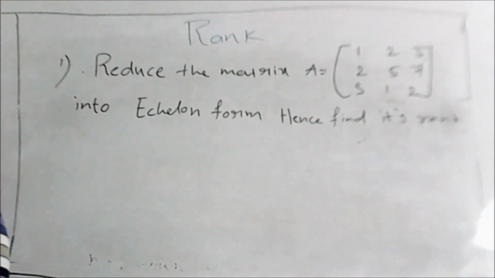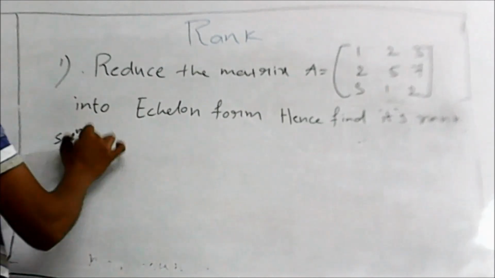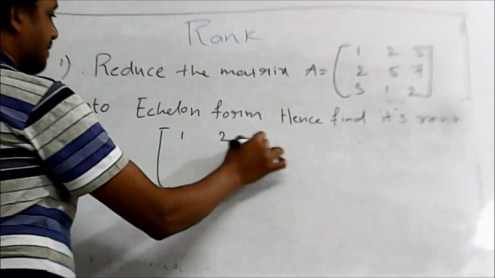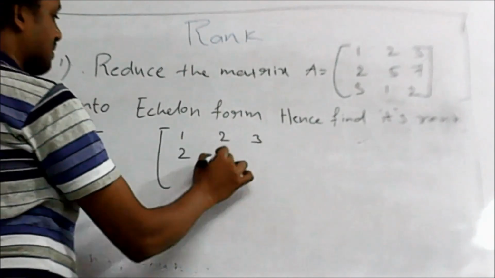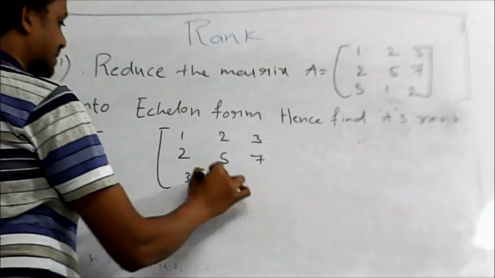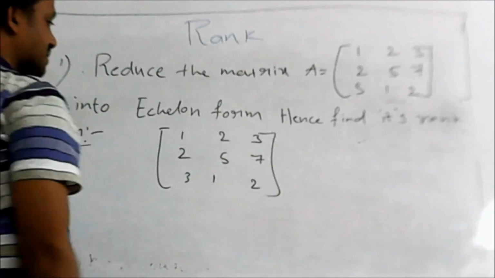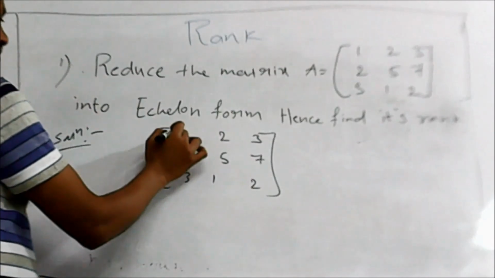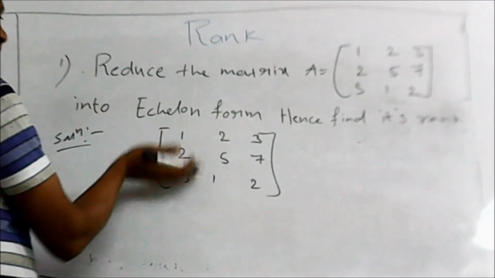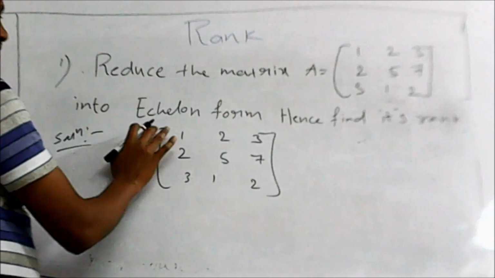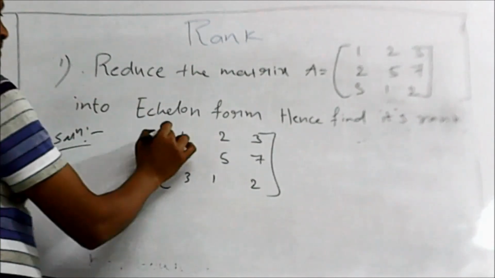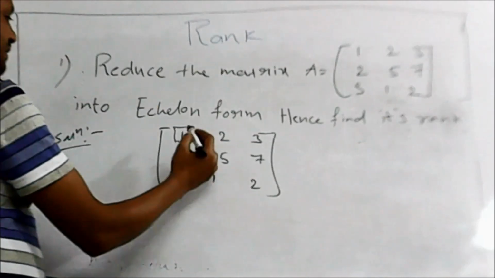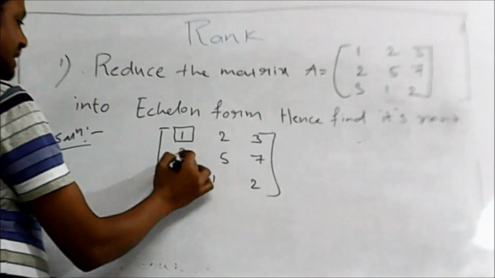Okay, so solution. From the given matrix, we need to write it once: A is equal to 1, 2, 3, 2, 5, 7, 3, 1, 2. So the first step is you need to identify the first diagonal. Is it 1? If it is not 1, you can interchange also. Why do we need to interchange? Your operations will become easier. So here it is 1. Make this one a square box. Remaining, you need to convert into upper triangular, so below the diagonals must be 0.